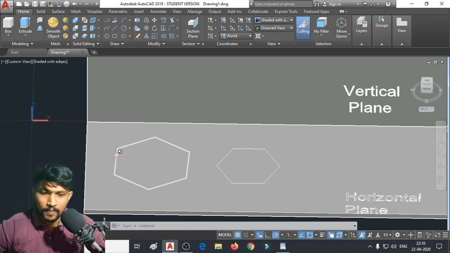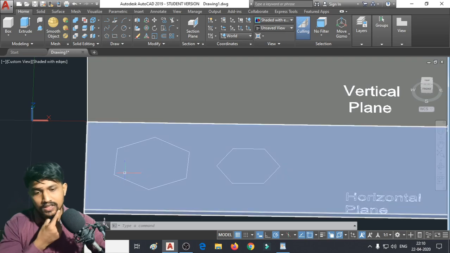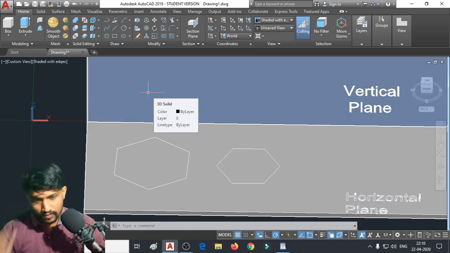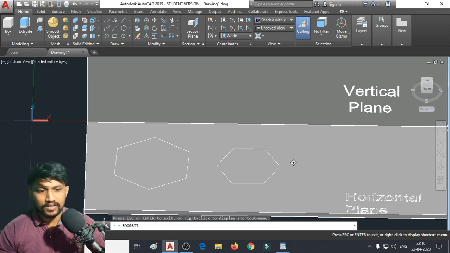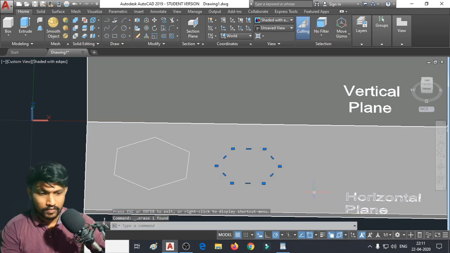Okay, so here, I am going to select this particular edge in such a way that it is going to give me only 45 degrees inclination with the horizontal plane alone. Okay, so if a plane something like this is actually resting, means